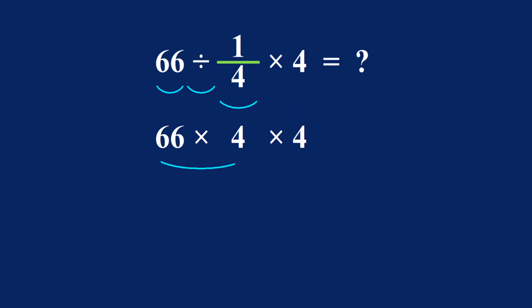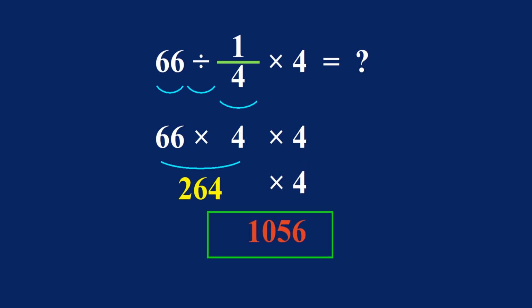66 times 4 gives us 264. So 264 times 4 equals 1056. And so our final answer to this problem is just